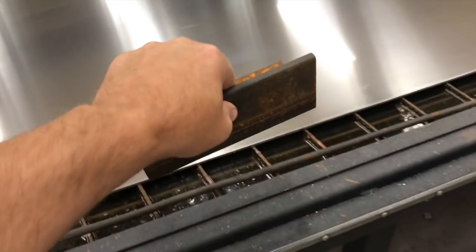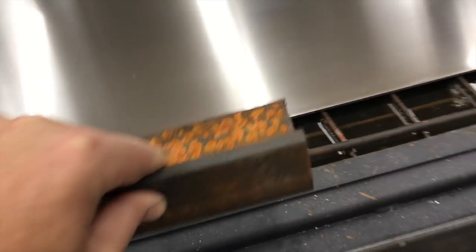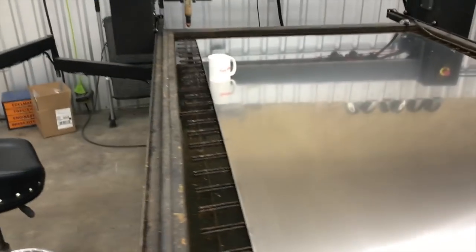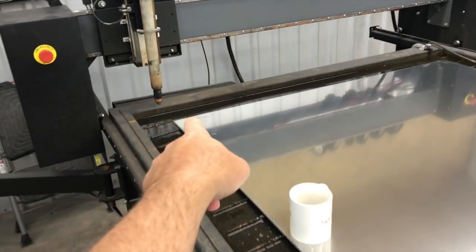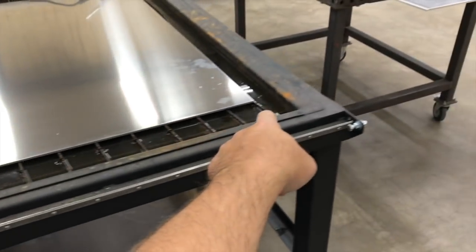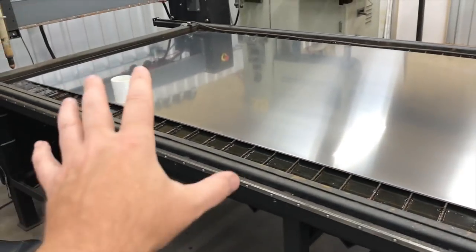And I use these gauge blocks, and I just set these in here, one at each end of the table. But if you want, you can double check this, and I will be doing that. I'm not going to show you here because I'm doing the camera handheld. But what I'm going to do is take the torch and put it at the very corner there, and then just jog the table down and see if it's online at the corner down here. And just as another way to